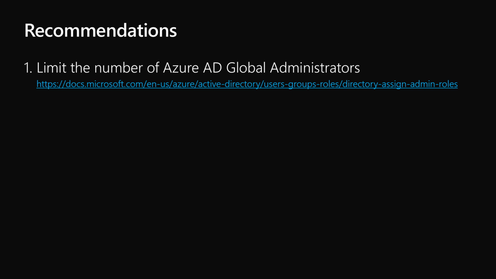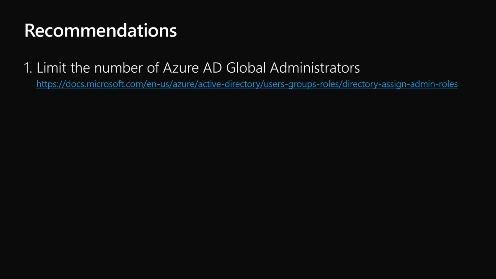My first recommendation is that you limit the number of Azure Active Directory global administrators. Seems pretty straightforward, but as I talk to many customers, we find that they actually have quite a few more global administrators than are really necessary. So I encourage you to take a look at the documentation for assigning administrative roles. After we go through this slide, I'll give you an example of how you can right-size using the administrative console